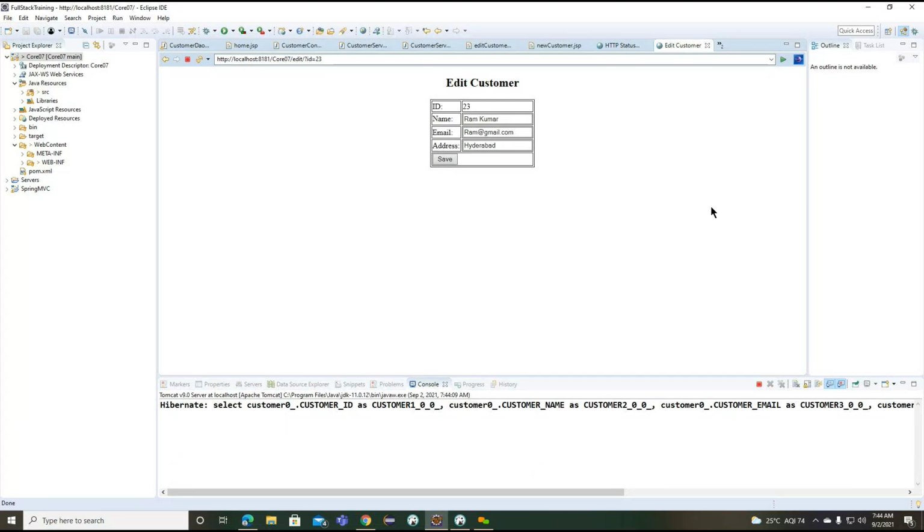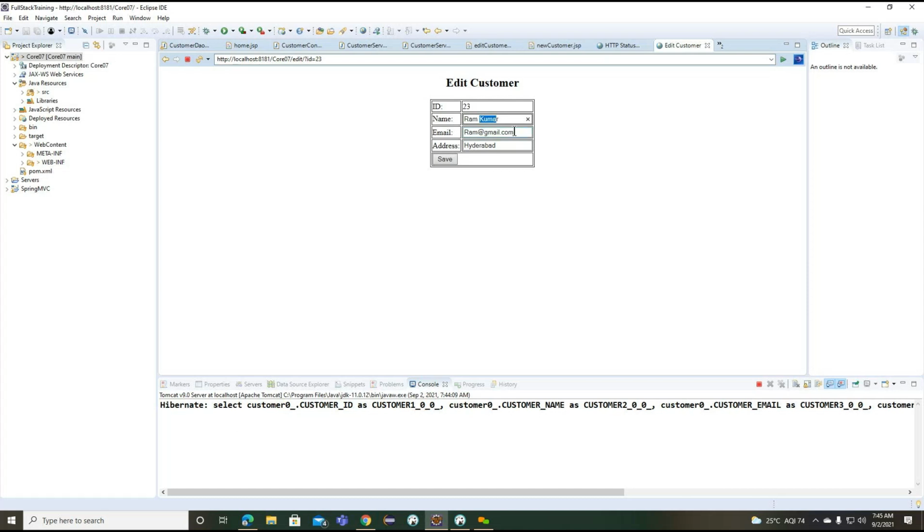So I will find out the solution like why the custom value is not working here. Now you can see we are having the customer information here. ID we are having 23, and now you can see we cannot update this particular ID, because what we provided here is hidden. The value we made as hidden, we cannot update, but the remaining fields we can update.